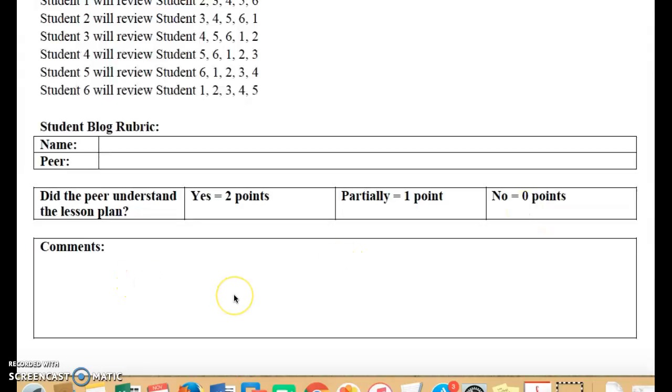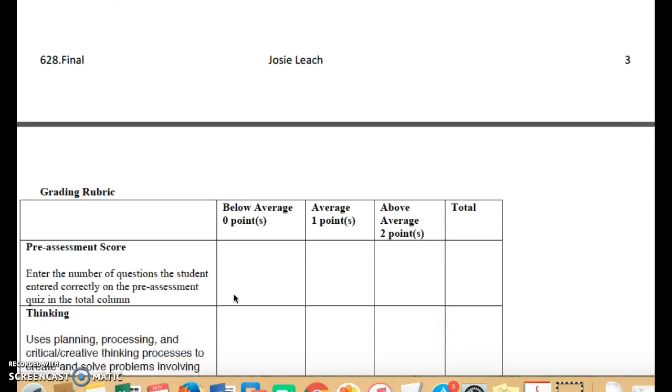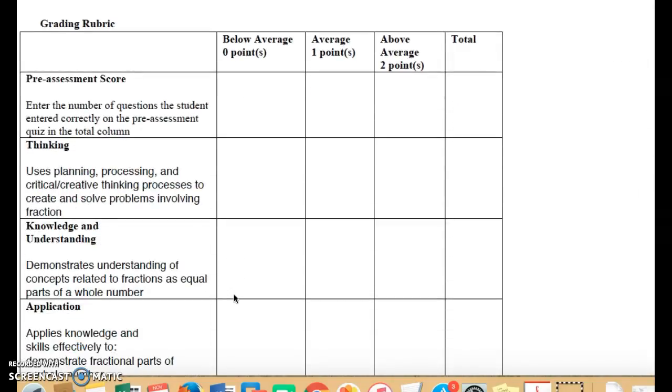And then the comments for the writer of the blog. And then below is the teacher grading rubric. This aligns with the criteria from earlier. I used below average, average, and above average. Right here we would include the pre-assessment score. So this you would actually just enter the total number of correct questions the student had in the pre-assessment, and